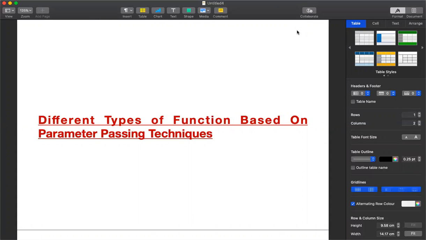Now it's time to take this to another extent to see the important feature of functions, and that is nothing but the various ways in which these parameters play a vital role in functions.